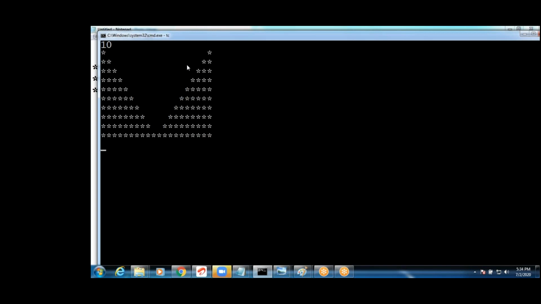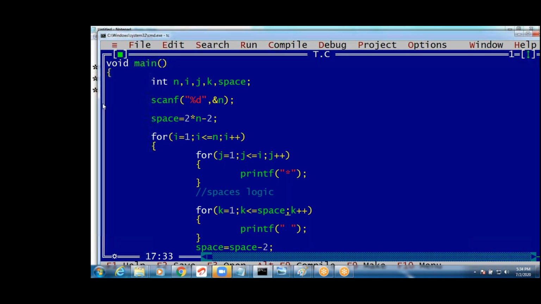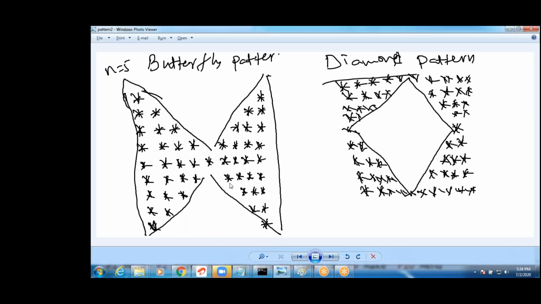Next one, same loop. Reverse I want to write. Spaces should start from, what is the spaces, guys? See, guys, now I'll take spaces equals to 2 onwards. Spaces equals to 2. Okay. Now see this. Same loop I will copy. Total I will copy, guys. What I want to do.